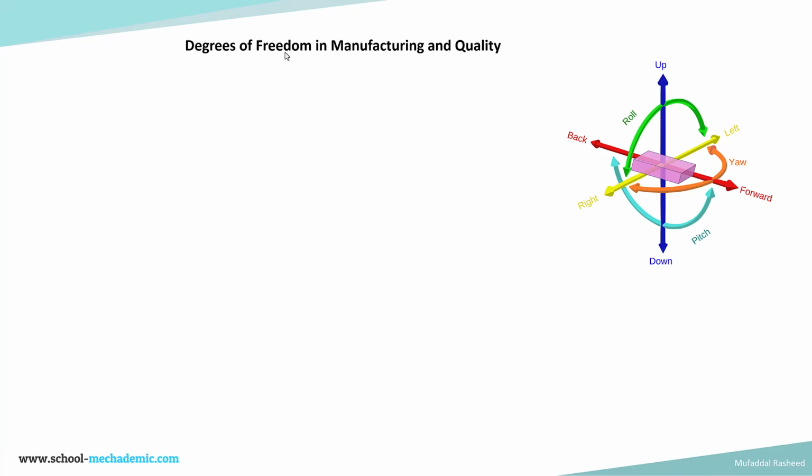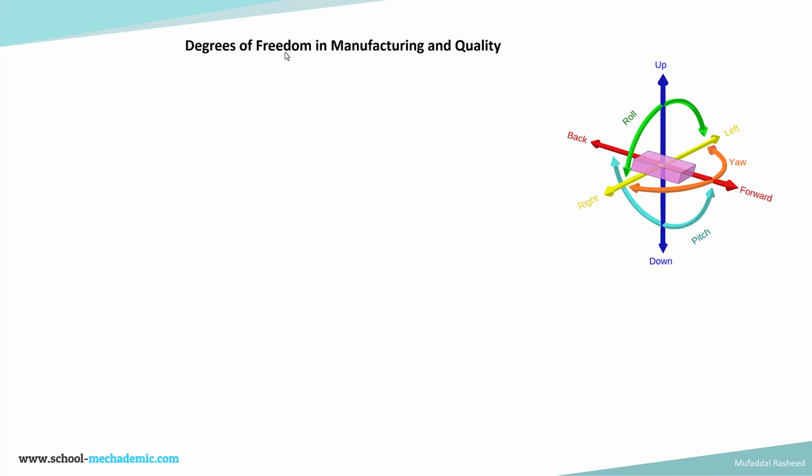Hello guys and welcome to another GD&T related video. So in this video we'll be talking about the 3-2-1 principle. The 3-2-1 principle is a fundamental principle in GD&T, which governs how parts are located and clamped in manufacturing